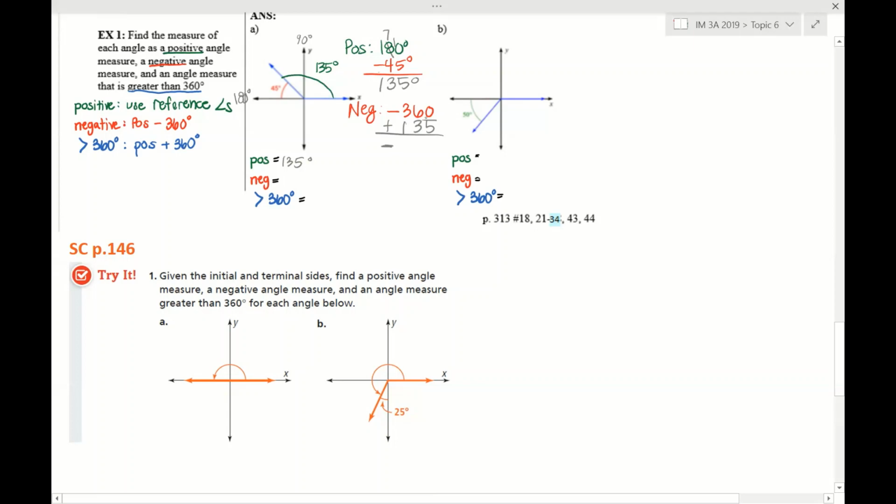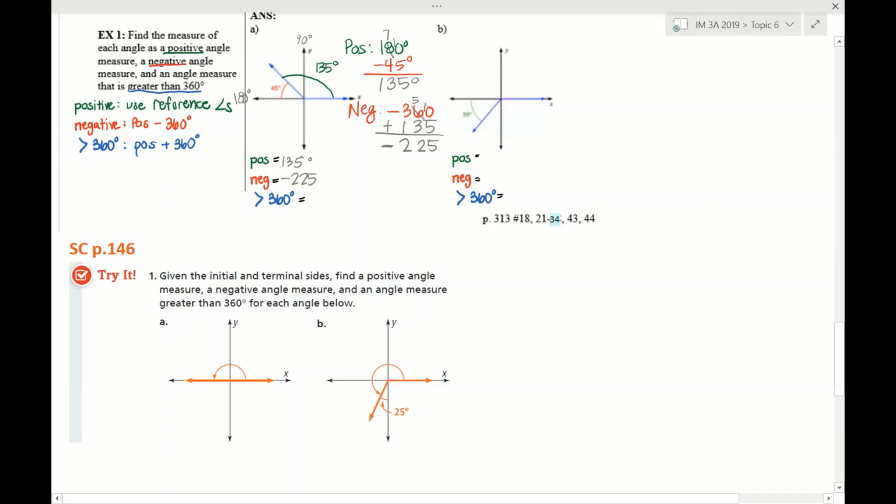So I have to borrow again because 0, I can't subtract 5. So if I take my 60 and split it up into 50 and 10, 10 minus 5 is 5. 5 minus 3 is 2. So 50 minus 30 is 20. And then negative 3 plus 1 is going to be negative 2. So our negative angle is negative